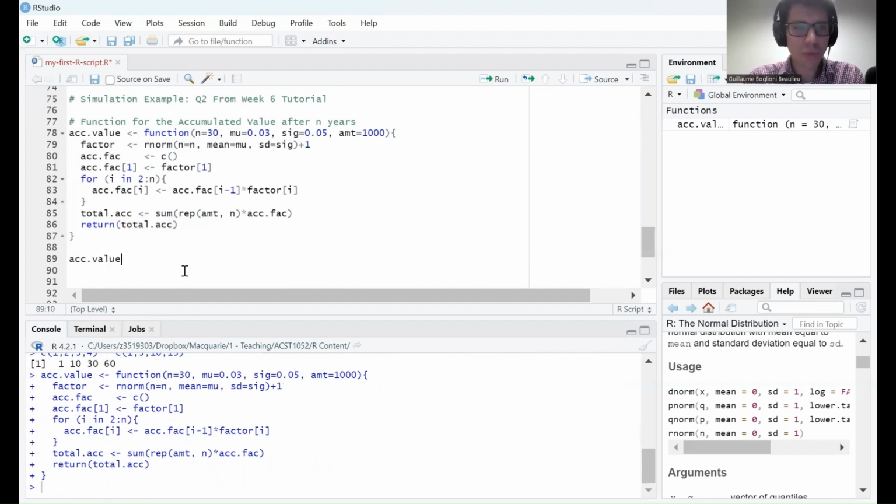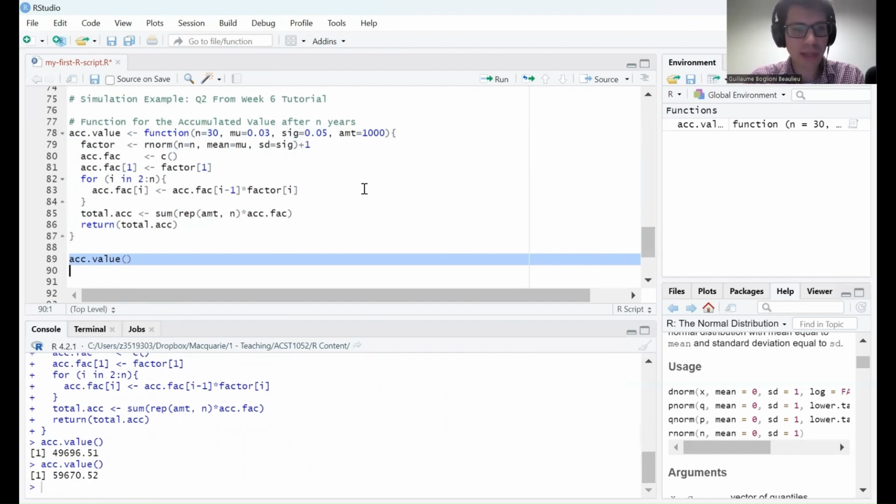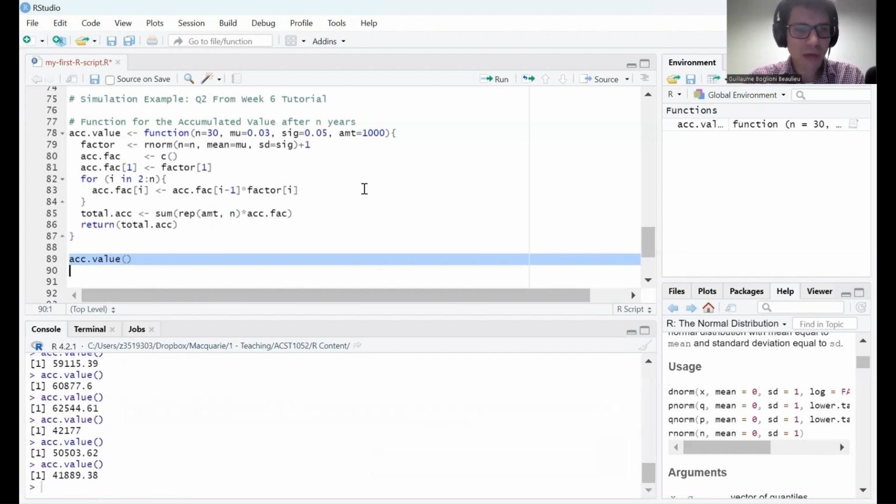Remember, here all of the arguments have a default value. So if I just do this, it's going to call this function with all the default arguments, which in this case correspond to asset A. And you see, it's a random value. If I do it again, I get a different result, different result, different result. But you see, it seems to have worked because I expect a value around 49K. If you go back to the tutorial,